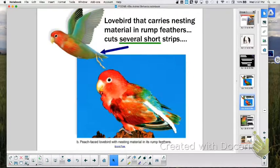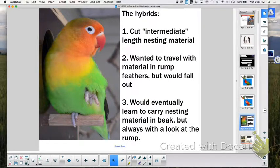So we talked about they had two different ways they built nests. Some did a bunch of little short strips and tucked them in their tail feathers, and some made long strips and carried them in their beak, right? Then they mixed those two, made a hybrid, and they did an intermediate length of nesting material. They tried to tuck it in their tail feathers, but it kept falling out, so they learned they had to carry it in their beak. Okay, so the big point here is that was one piece of evidence that our behavior is